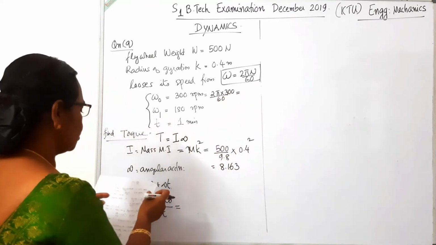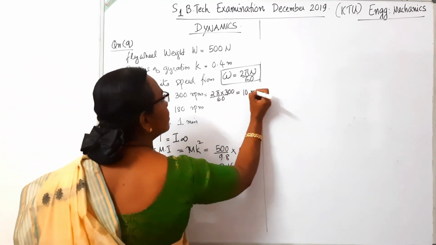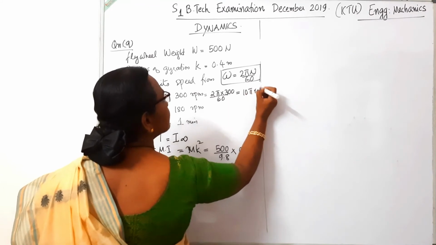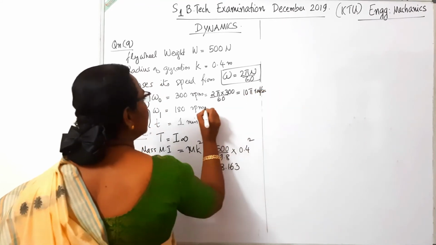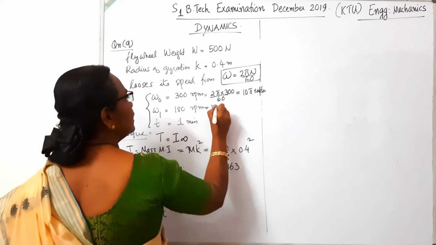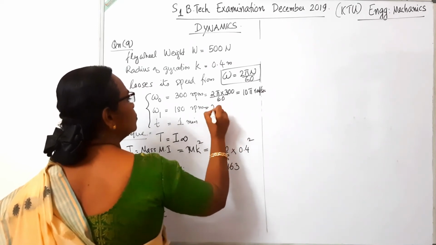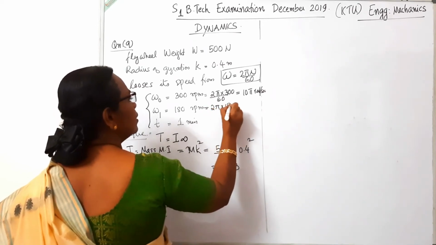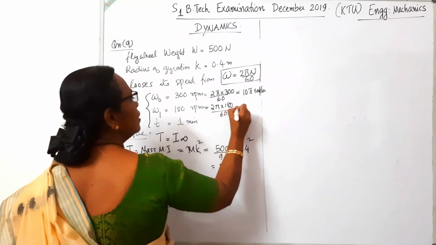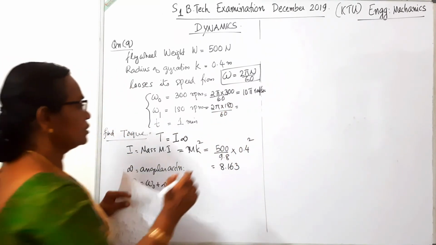So it will work out to 10 pi radian per second. Similarly, for 180, 2 pi N by 60 works out to 6 pi